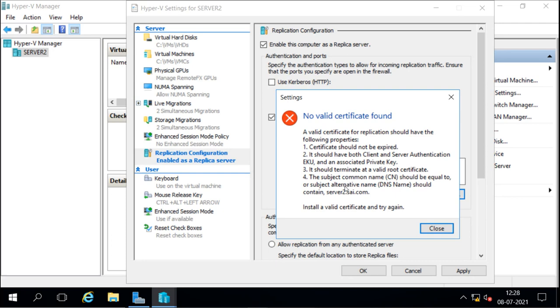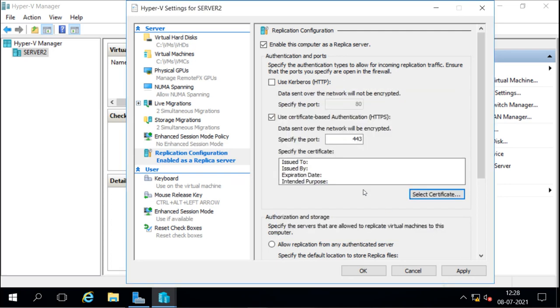Now there are no certificates available right now. It is saying no valid certificate found. So for securing the communication, first we have to have the certificate installed. Now if we are doing it in the LAN network, then we can do it by HTTP only.